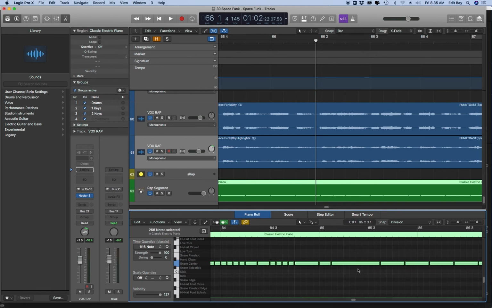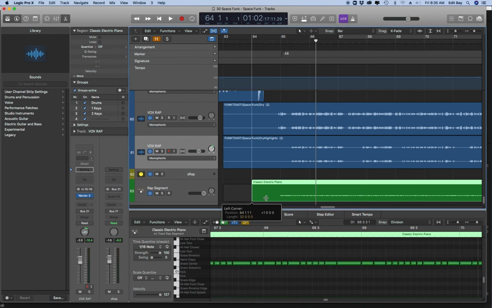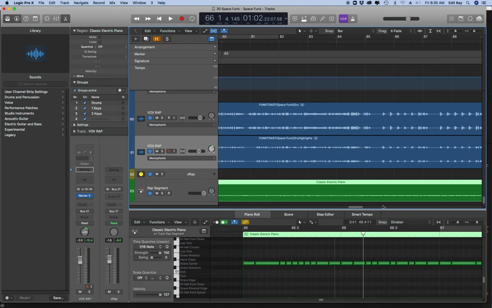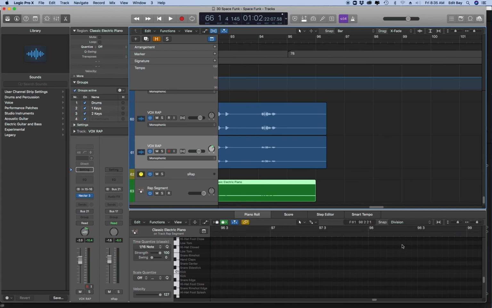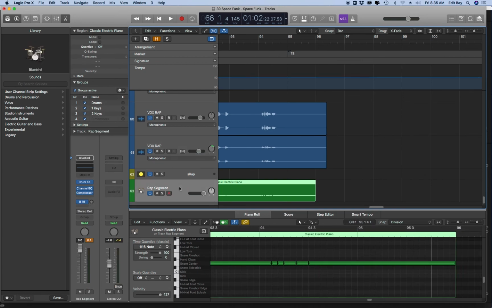All right, now the next thing I got to do is I need to take this track and export it as a MIDI file. So all I want is what the rapper did. So I'm going in here and selecting only that area. Go to the end of it here, and there we go, all the way to the end. All right. Okay, so now I select the track up here,